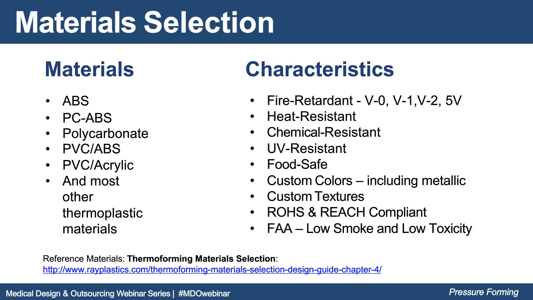that material conversation. When it comes to material characteristics, we have solutions for fire retardant materials, V1, V0, V2, 5V. We have heat resistant materials, chemical resistant materials, UV resistant. We have FDA food safe materials. Obviously, the majority of these materials are available in custom colors, including metallics. Custom textures are also available on the sheet. We do have RoHS and REACH compliant materials, and there's also low smoke and low toxicity materials that are available